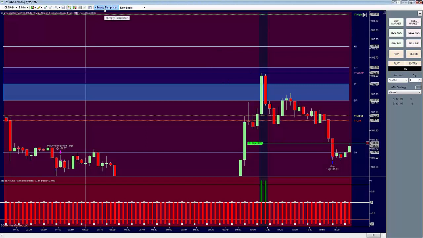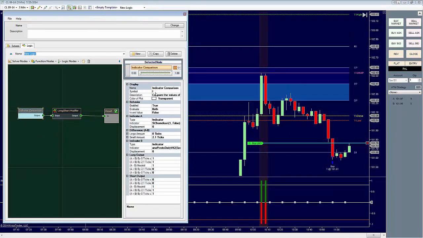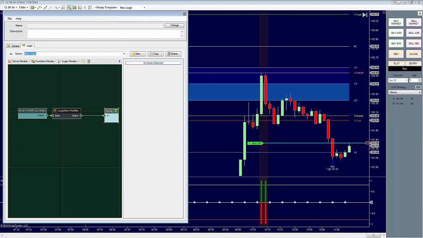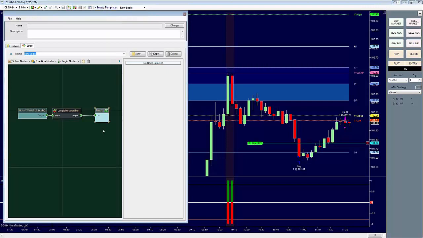Now, I just need to connect that. And we've isolated those bars that are touching or are within 2 ticks of yesterday's VWAP. So let's do this. We'll name this high-low to yesterday's volume weighted average price, 2.1 ticks. There we go. So if I wanted to show that reversal bar from the VWAP, yesterday's VWAP, in this case, all I would have to do